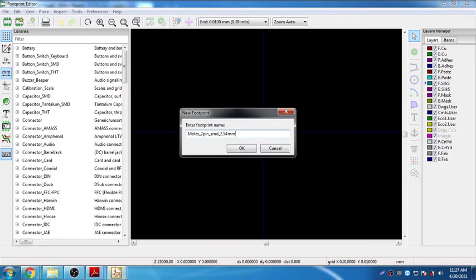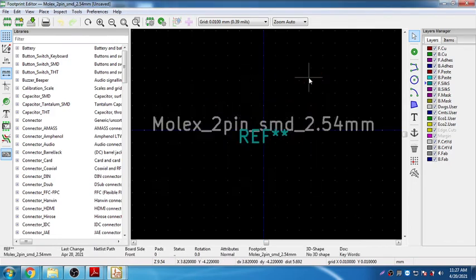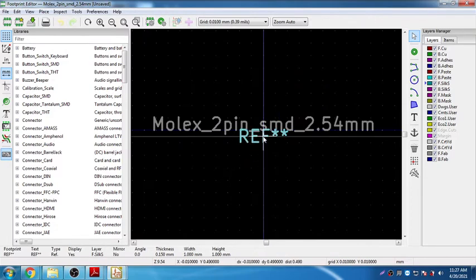I'm going to include some details, some terminology here in the name of the footprint, to make it clear when I use it in the search box. I'll get this component at the earliest. So this is a component that I'm going to use. Now press E, click on this reference and simply move this component, M to move the component.